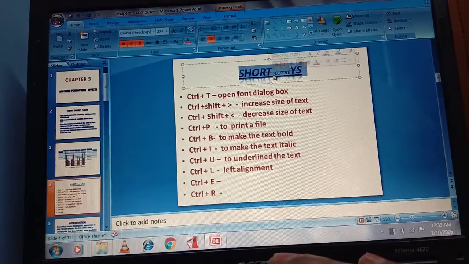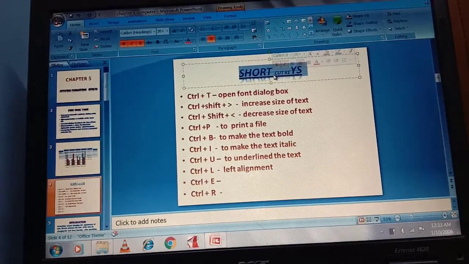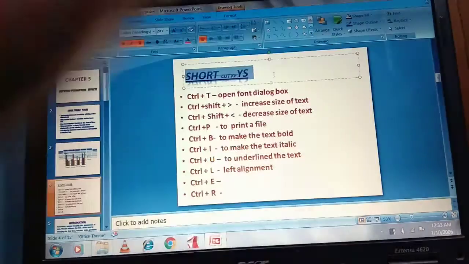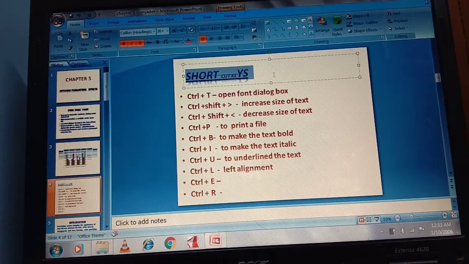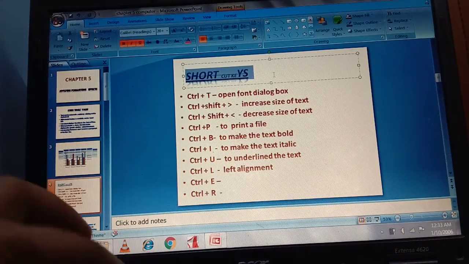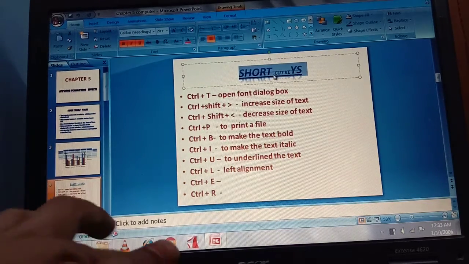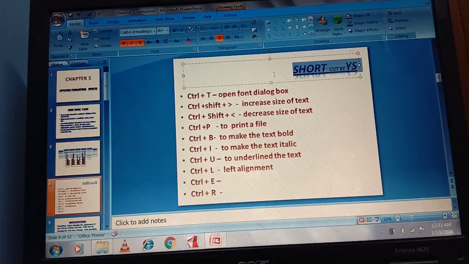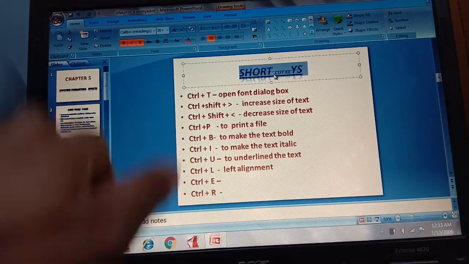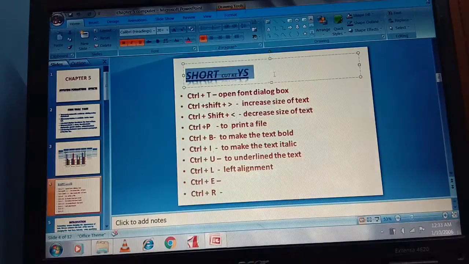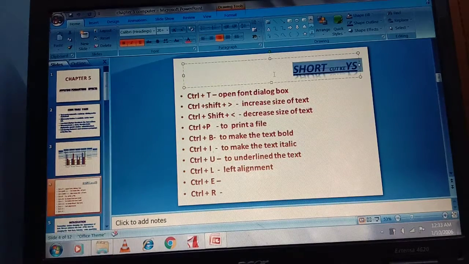I want to make it left aligned, so I will press Control and L together. See, it is now left aligned. And Control plus E for center and Control plus R for right. Can you see this? E for center, L for left and R for right.